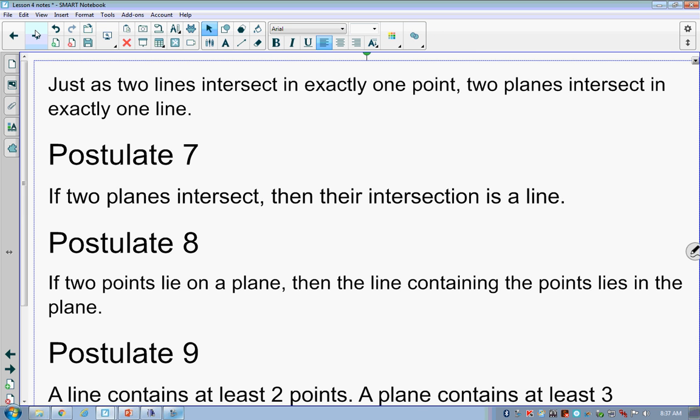Okay. Just as 2 lines intersect in exactly one point, 2 planes intersect in exactly one line. Postulate 7, if 2 planes intersect, their intersection is a line. We talked about that, right? Ceiling and the wall intersect at a line, a corner. Postulate 8, if 2 points lie on a plane, then the line containing the points is also on the plane. For instance,